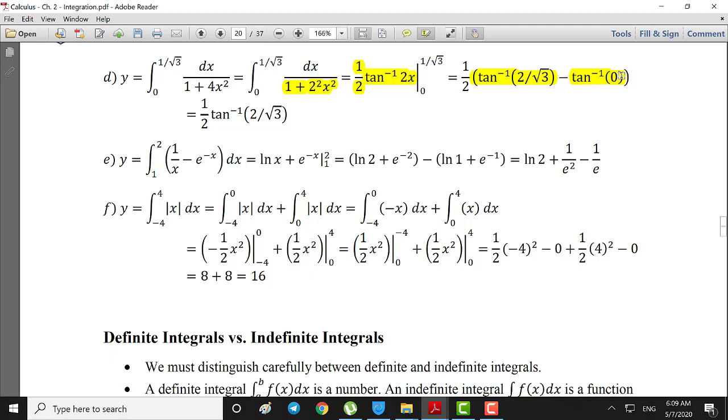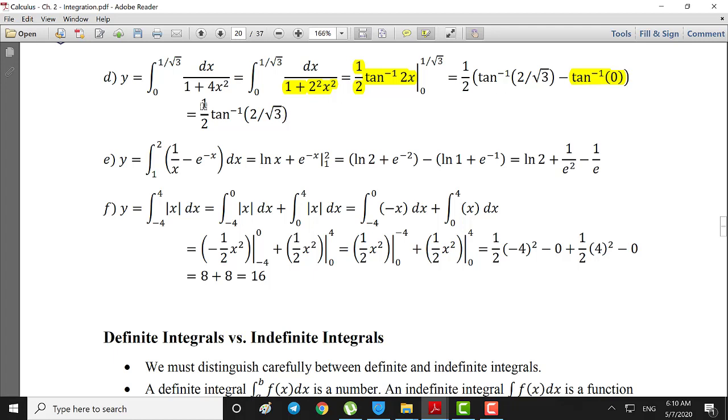The arc for which the tangent is equal to 0, from minus pi over 2 to pi over 2, is 0. So this second term, arctangent of 0, is equal to 0,